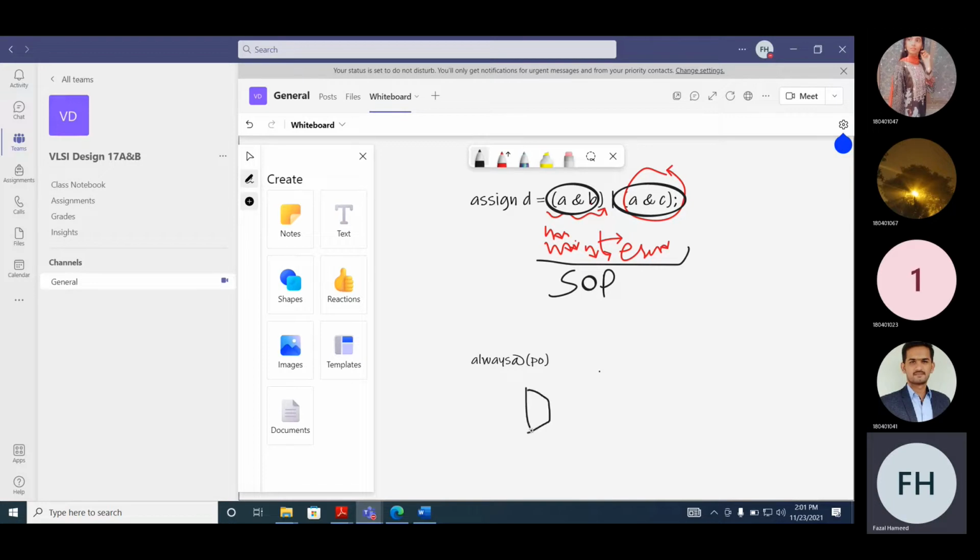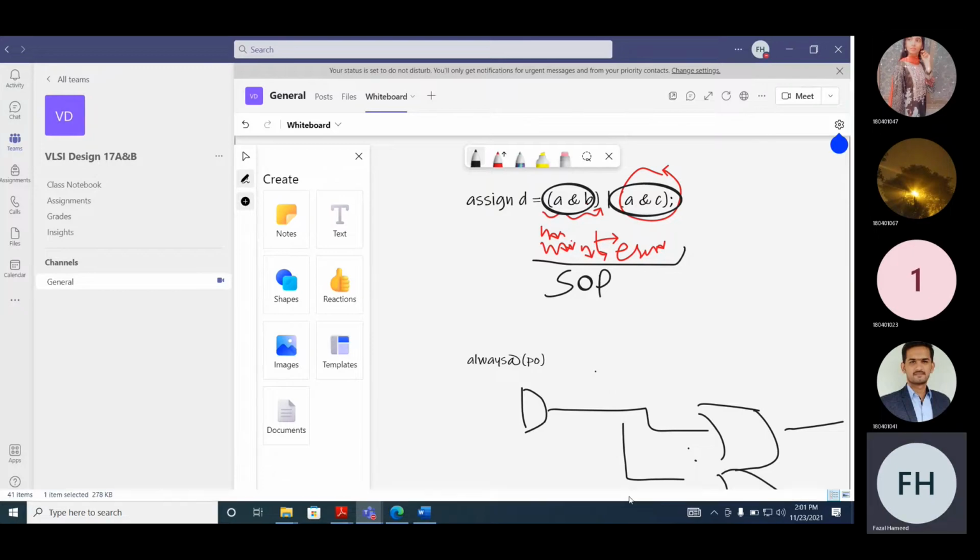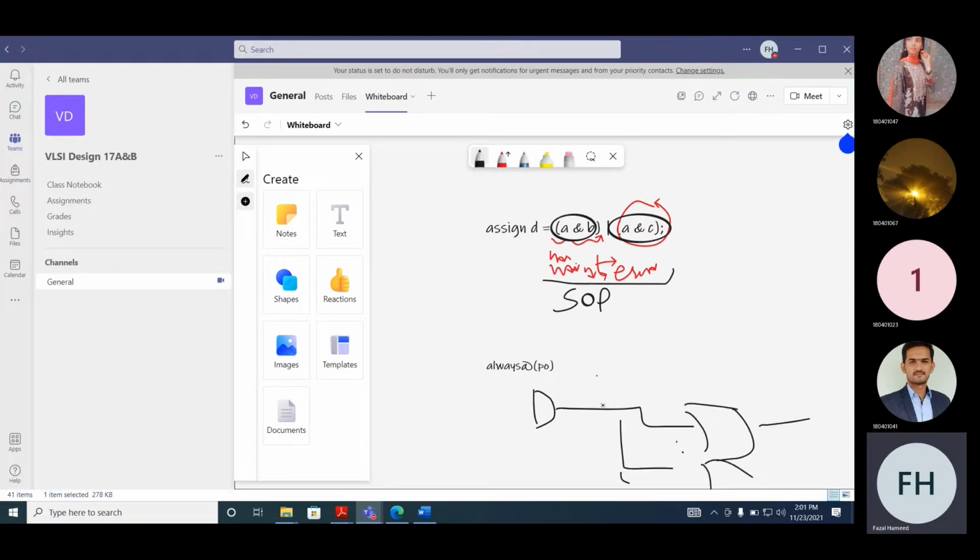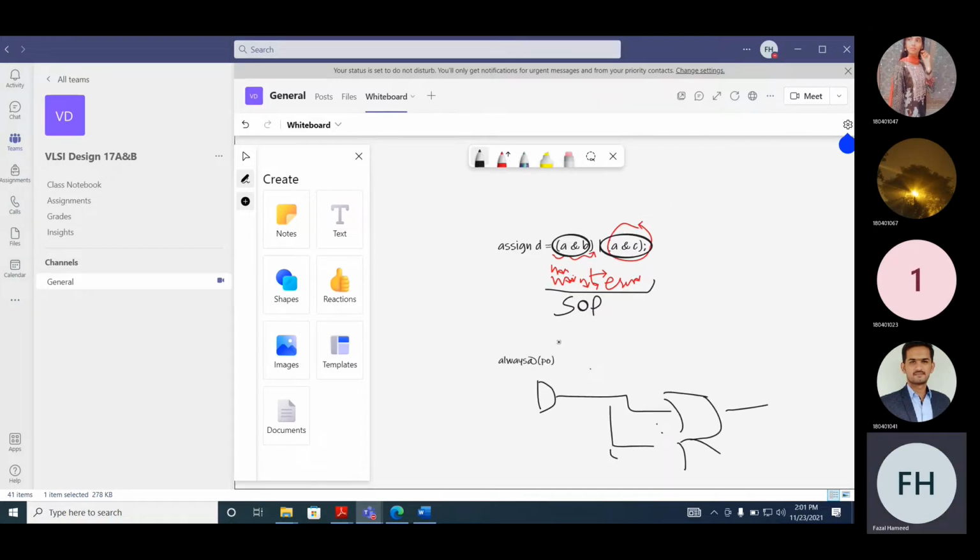Now let's assume we have an AND gate, and this AND gate output is going to this OR gate, or it's also going to another OR gate, and this is also going to another OR gate. So if you look here, it can go to multiple places. How can I scroll down? Is there any way?